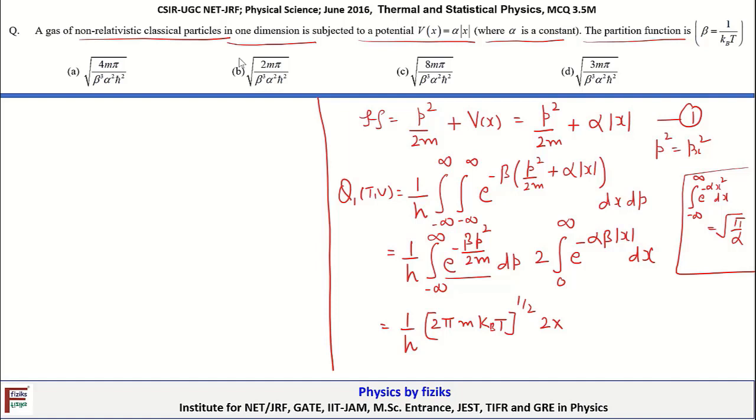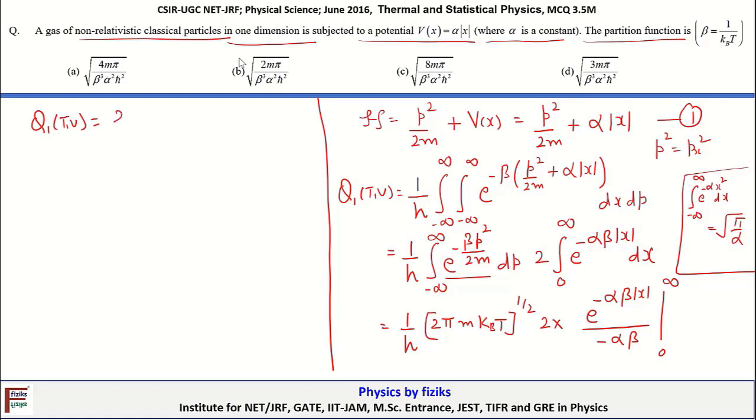its integral, the exponential minus alpha beta mod x. Its integral is exponential minus alpha beta mod x upon minus alpha beta, with limits 0 to infinity. The exponential minus alpha beta infinity vanishes, and the lower limit gives e power 0 with a minus sign, giving a minus 1. This minus 1 and the minus sign ultimately give a positive sign. So after this simplification, we obtained Q1 TV is equal to